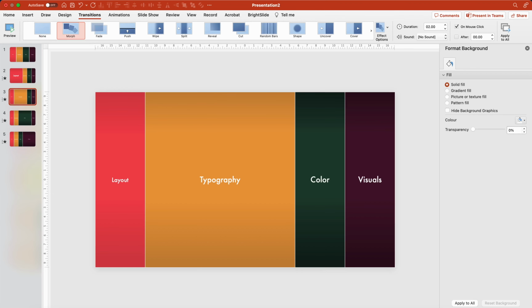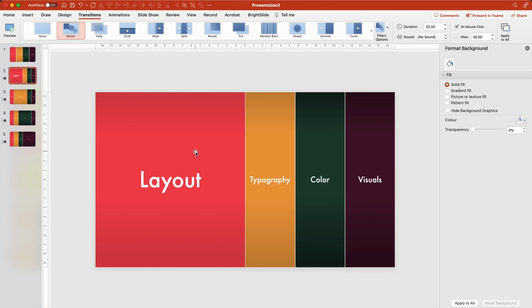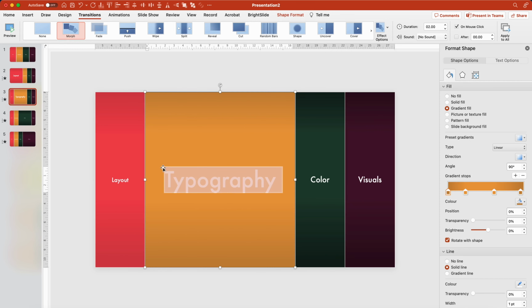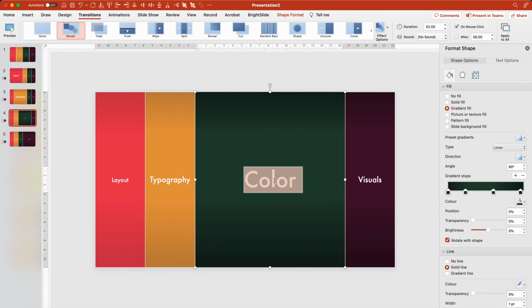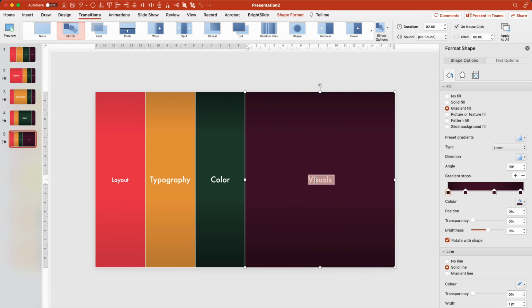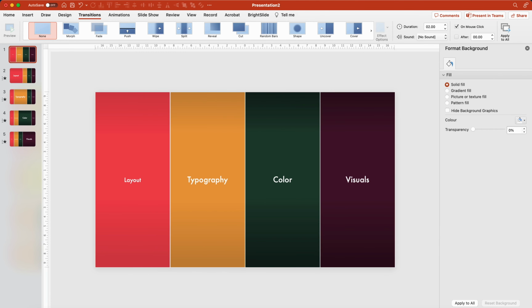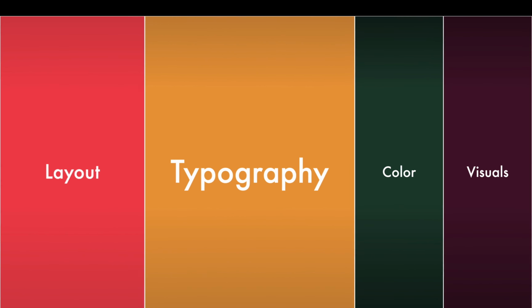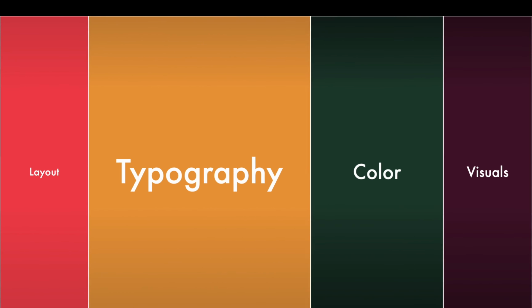So we haven't updated the font size for the rest of the slides. We'll quickly go ahead and update the font size for all, and see the magic is happening. We have created this super clean and interesting